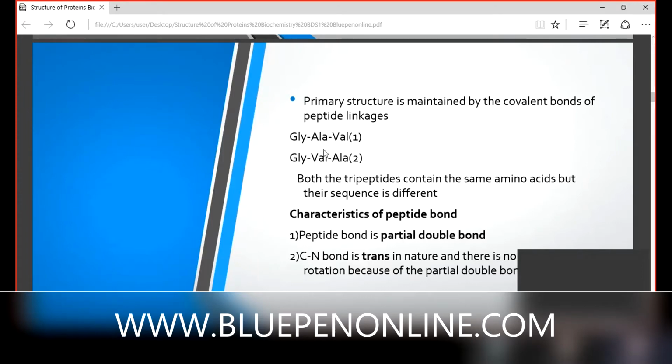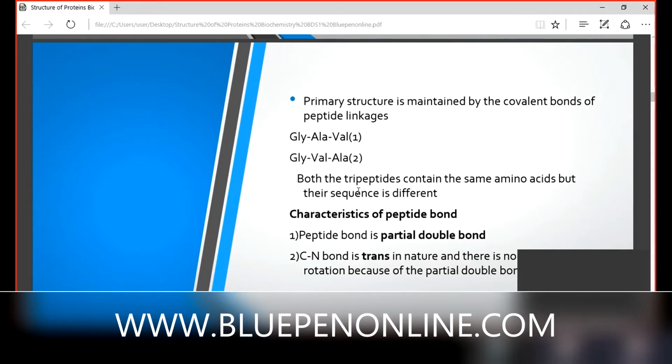In replication, transcription, translation, we know a single amino acid change will cause a mutation. Have you heard about mutation? What is meant by mutation? Sudden genetic change, a change in the DNA. If there is a change in an amino acid, that will create another protein.